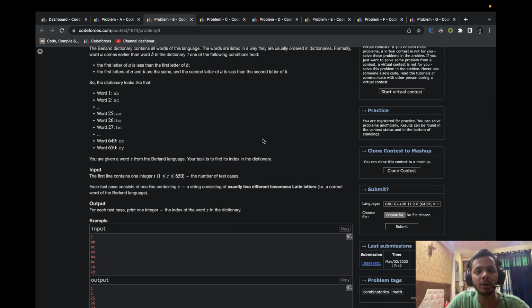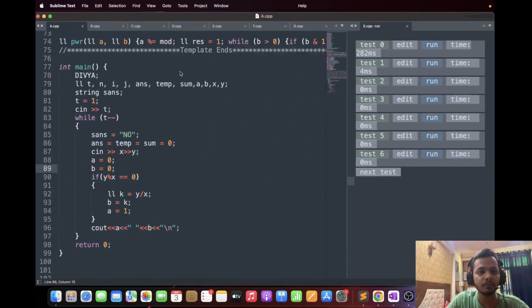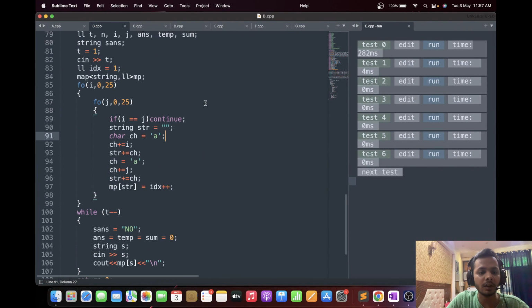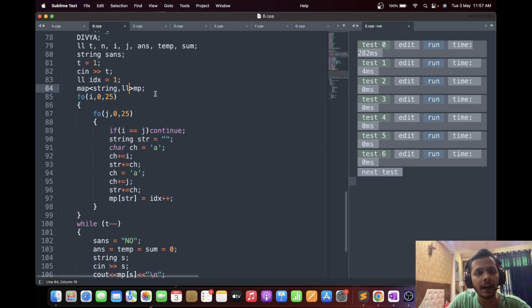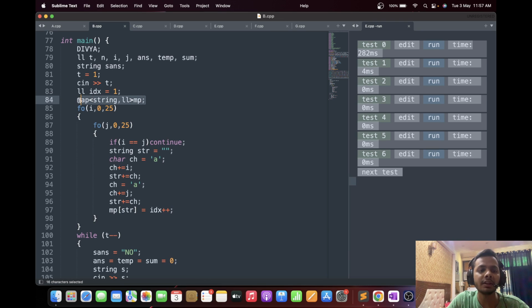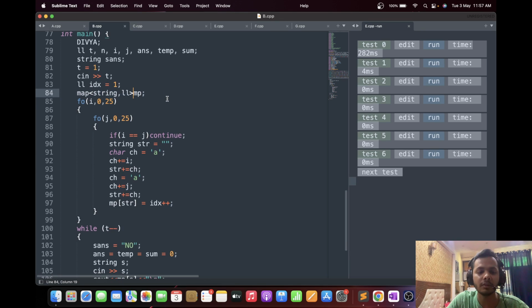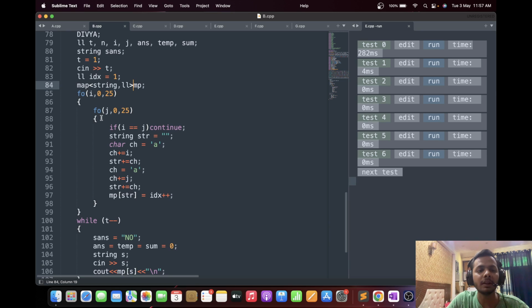Let's just have a look at the code. That will make things a lot easier. So even before reading the test cases, we have this map from a string to an integer, and it maps all the strings which are there in the Berlin dictionary to their positions. And for doing that, I am having two nested loops from 0 to 25,